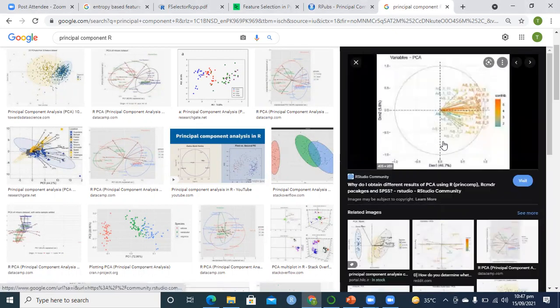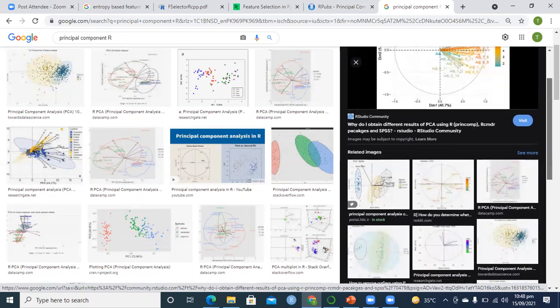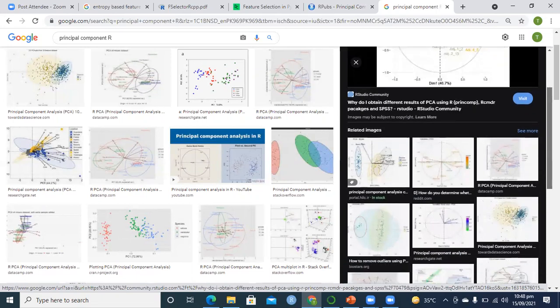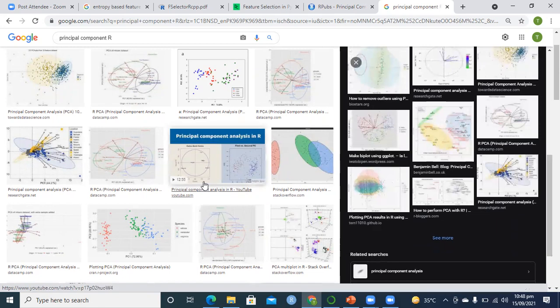Sometimes it also happens that all the variables cluster with each other, making a very complex diagram because they are very close to each other. If they are very close, that means there is high correlation between them, which is called data redundancy. You have to reduce the data redundancy from your data first. If you don't remove the redundancy, whatever you do, principal component analysis, regression or clustering, is a waste of time. So this is an essential component.